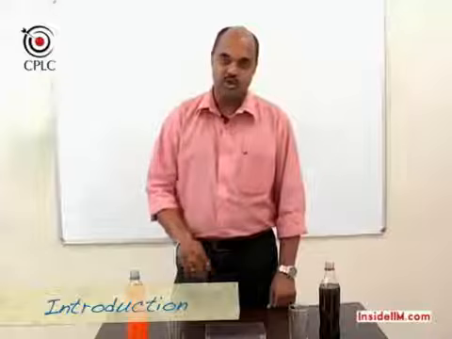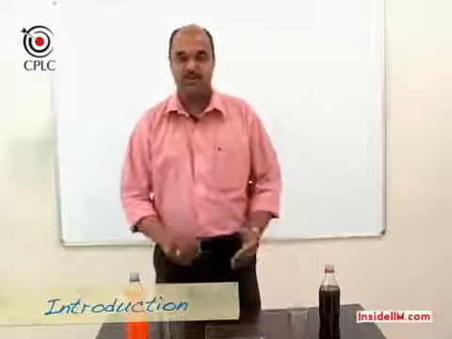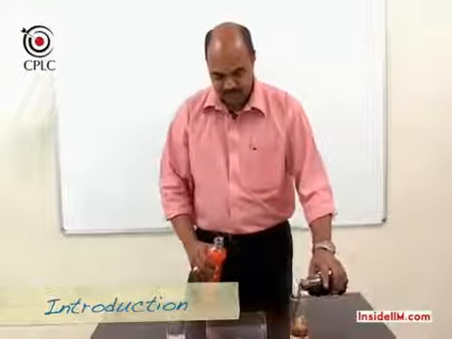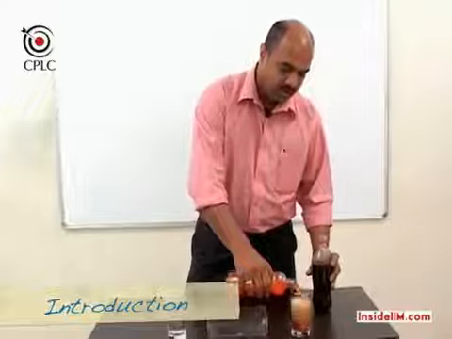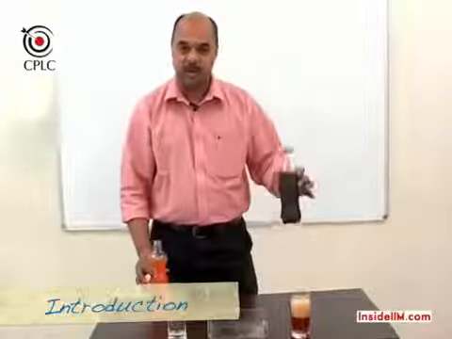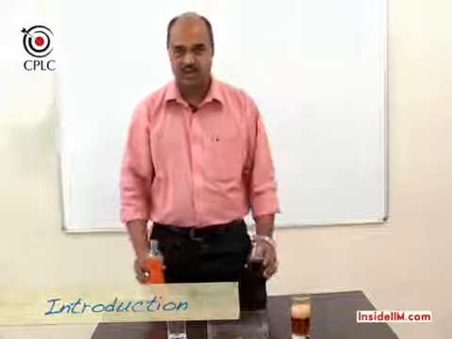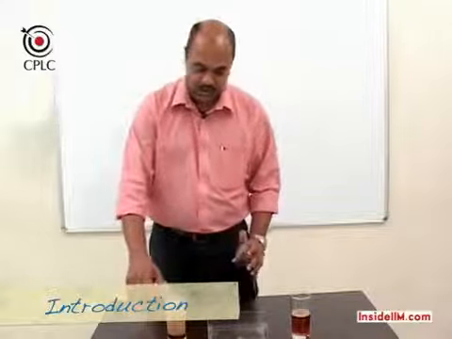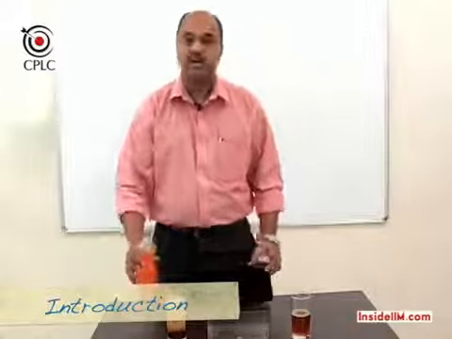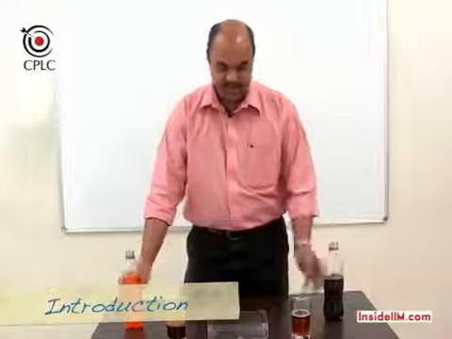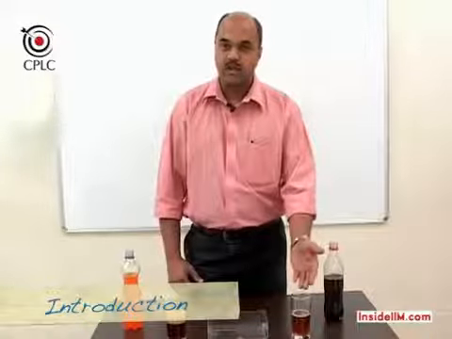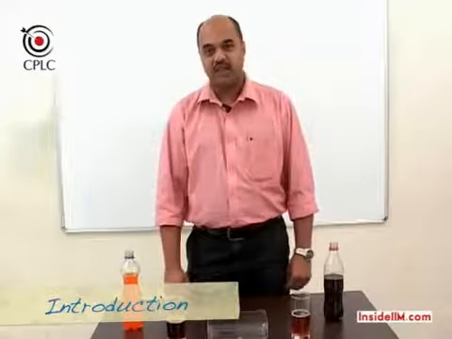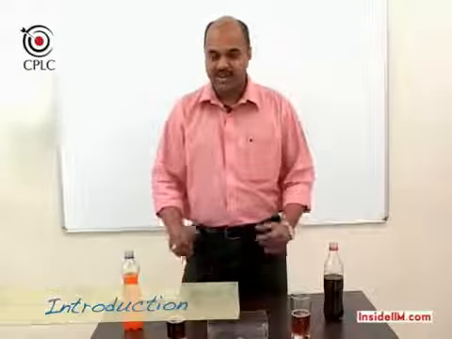But now suppose you want to achieve the same objective from a different start point. Let's assume I have this glass where I have cola and orange mixed in the ratio 2:3. I put 2 parts of cola and 3 parts of orange, versus I have another glass where I have 3 parts of cola and only 1 part of orange. So what I have done is I have these two glasses, cola to orange in the ratio 2:3, and this glass where I have cola to orange in the ratio 3:1.